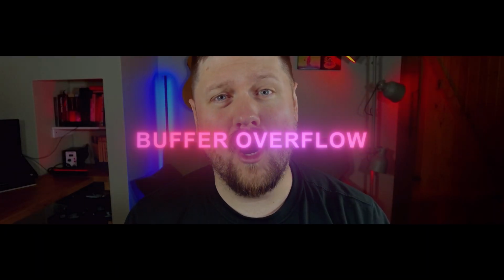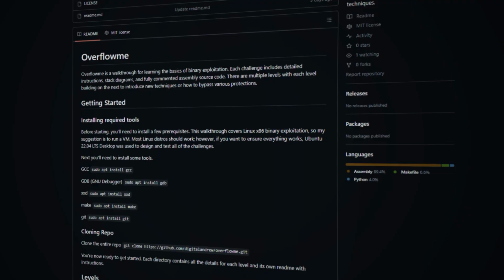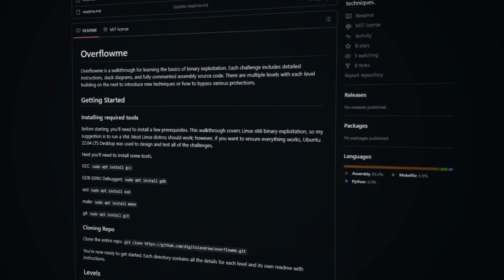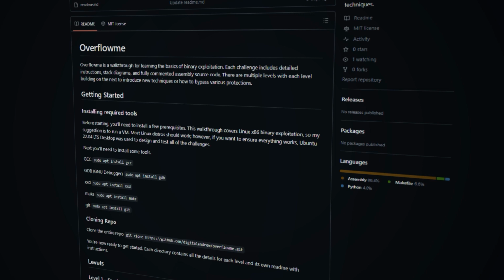Buffer overflows are one of the oldest computer vulnerabilities. However, despite them being well known and exploited for 40 plus years, they still account for a significant portion of 0 days found in modern day software. To help teach about and demystify the buffer overflow, I've created Overflowme, a binary and walkthrough to help teach about